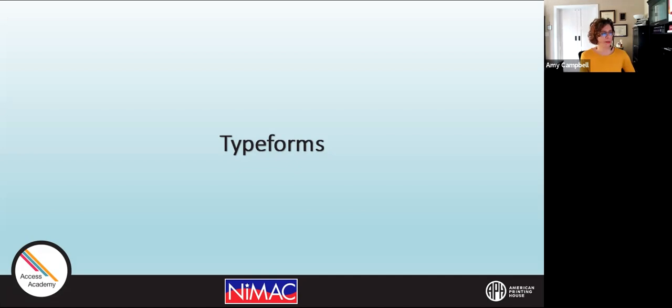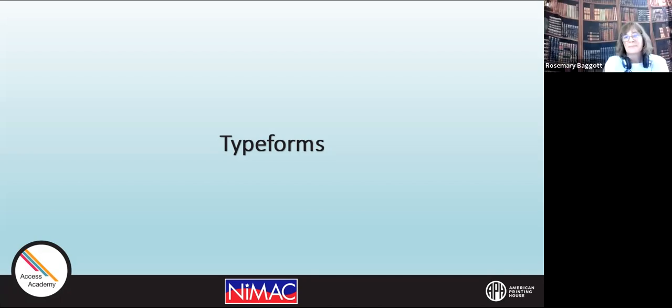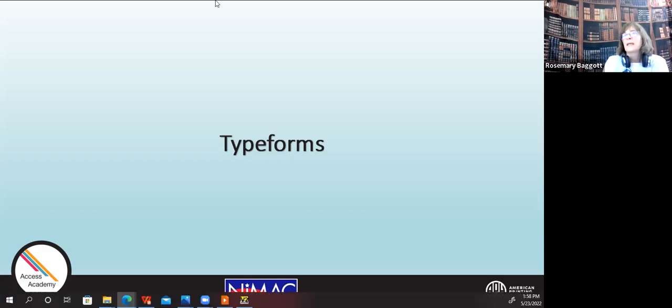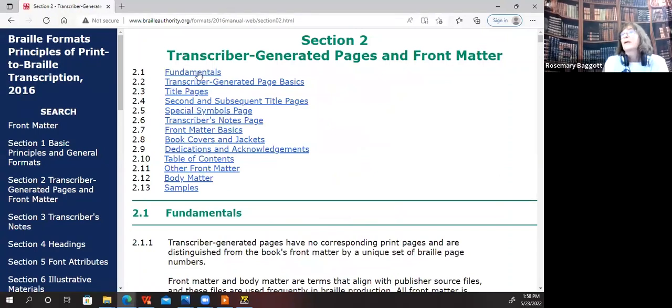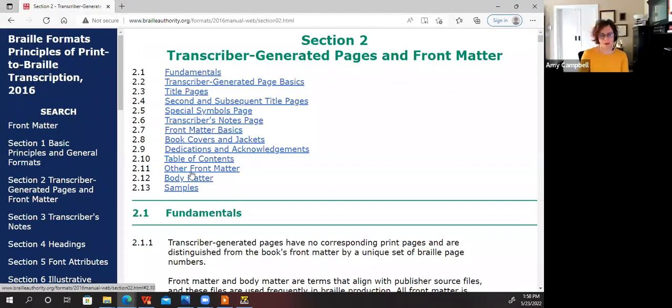Am I correct that the Braille page numbers appear at the bottom of the page and print page numbers are at the top? Format. It's the preliminary pages, and that would probably be in Formats under section 2. Okay, thank you kindly.